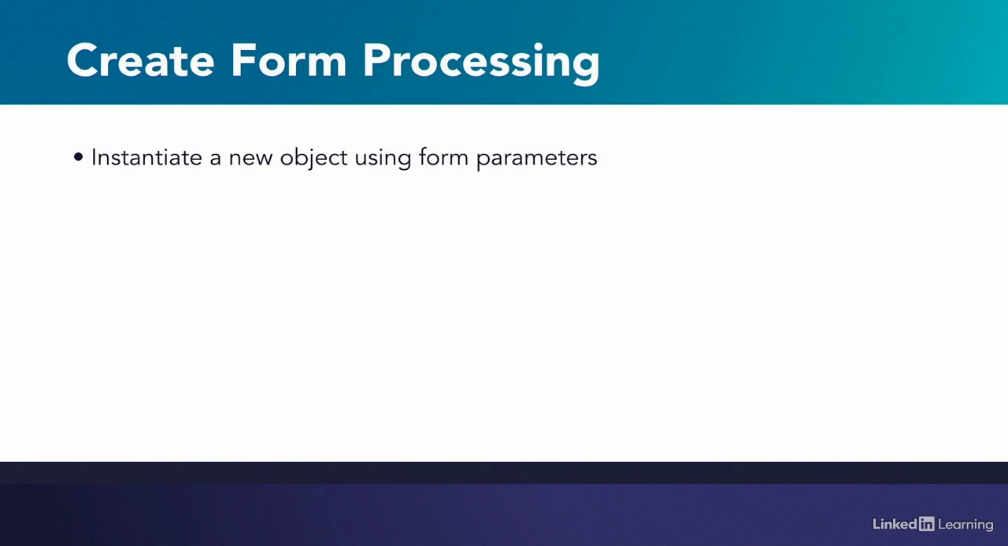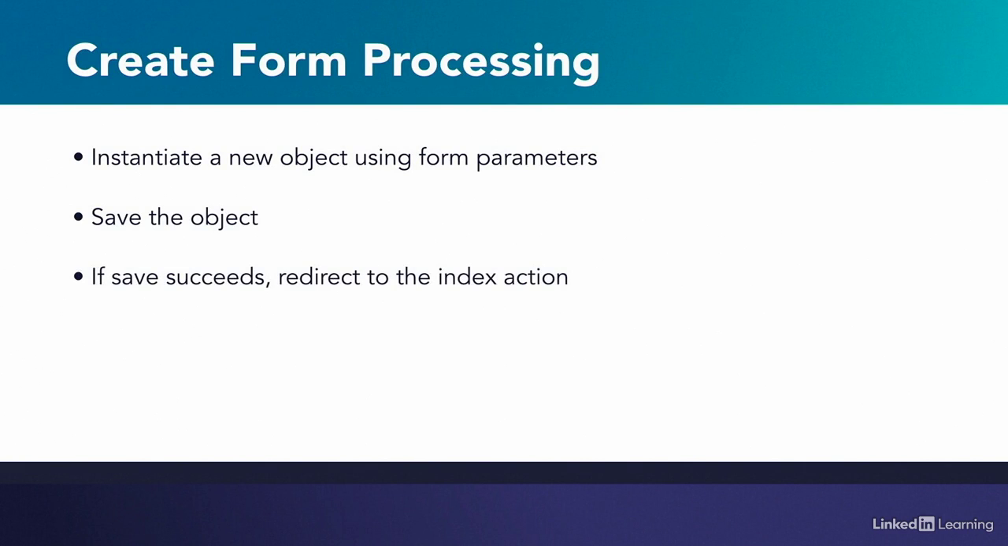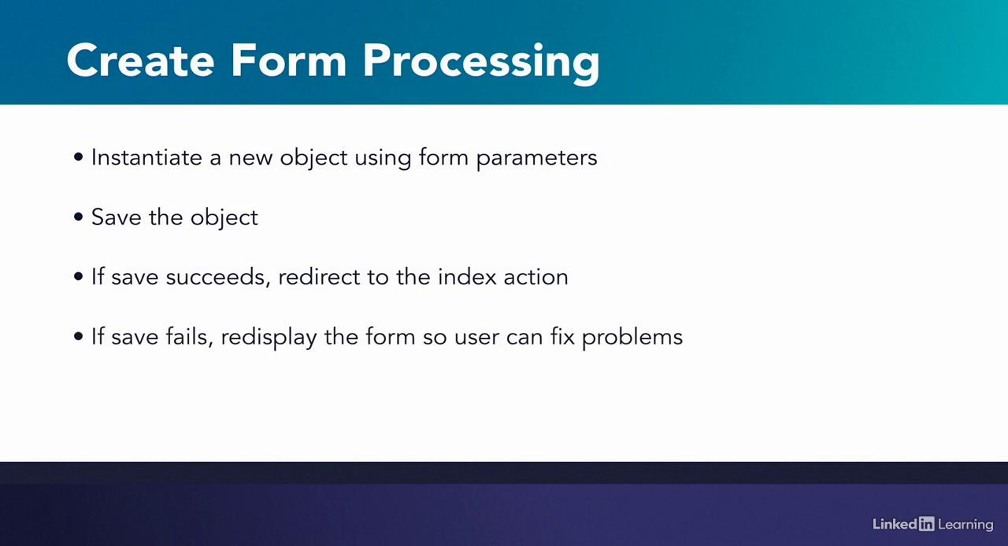First, we need to instantiate a new object using the form parameters. Then we attempt to save that object. If the save succeeds, we're going to redirect the user somewhere. In our case, we're going to redirect them to the index action. If the save fails, then we want to redisplay the form to allow the user to fix the problems and